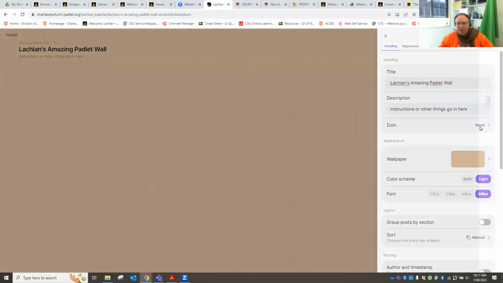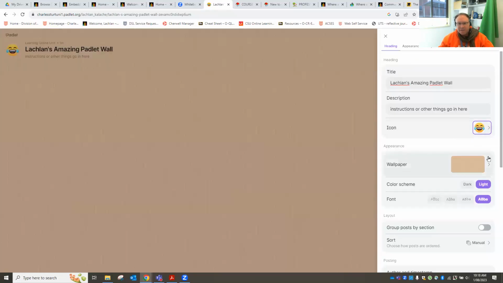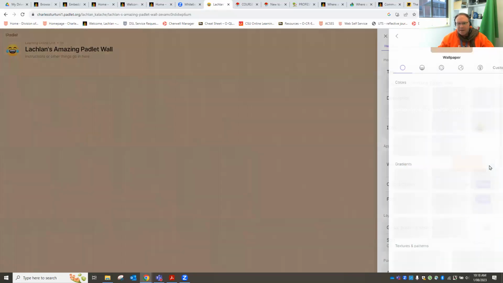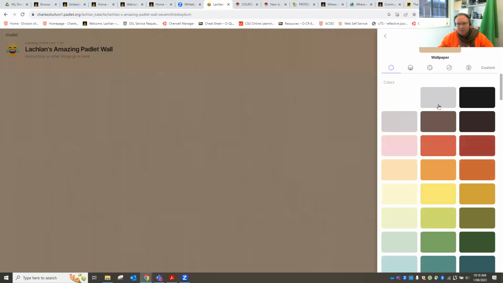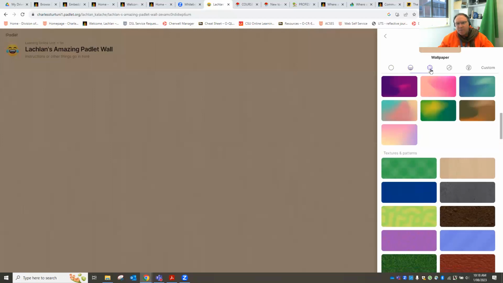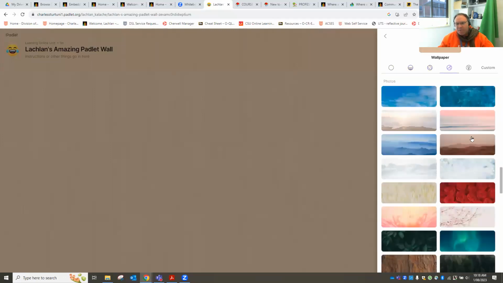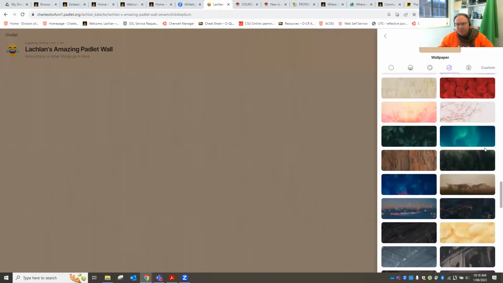Do I want an icon next to the title? Why not? There you'll see that it's added the icon. There's a huge library of icons and emojis and other things. Do I really want this bland cardboard wallpaper? Probably not. You can go through colors, you can go through textures and patterns, you can go through the full gamut, images that they already have in there, for example,